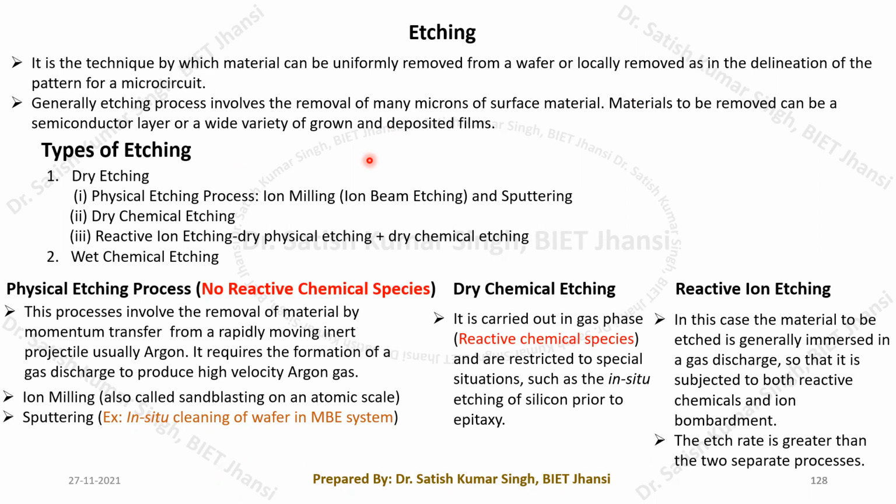to make a particular window for the doping process, or it can also be used to remove a certain layer completely. So basically, we have already seen why etching is performed. Etching is performed either to uniformly remove a layer from a wafer, or to remove a certain layer locally, such as in the case of the doping process, where we are just removing a certain portion.